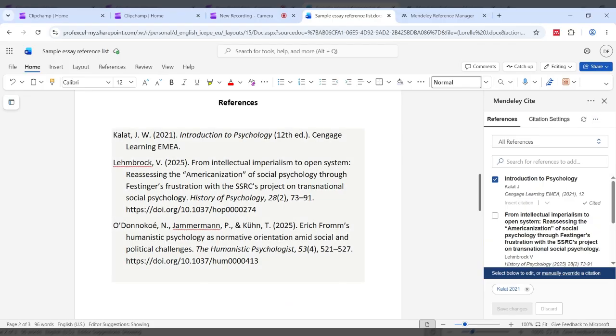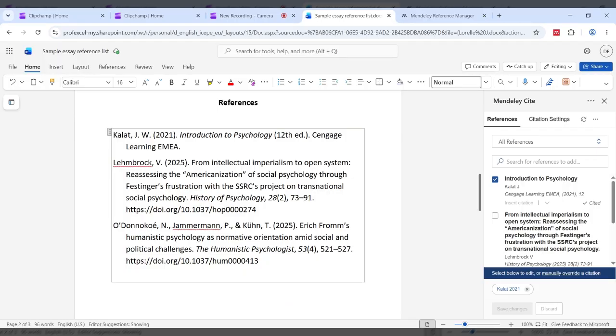Just one other thing to mention then is that if you see any issues with any of the entries in your reference list, so maybe sometimes titles of books could be in block capitals or things like that. There won't generally be typos, but maybe there could be an extra full stop. There might be an issue with authors' names. You might spot an author not included. So there can be issues with how the information transfers over into Mendeley from wherever you're taking it from. The important thing to remember is that you can't make any changes to the reference list within the Word document.